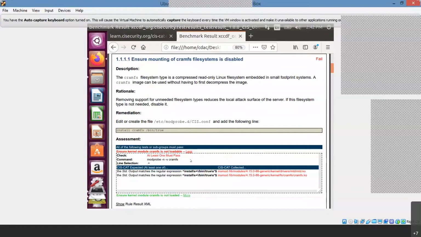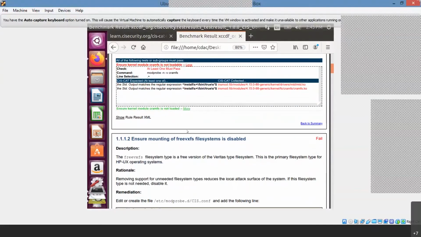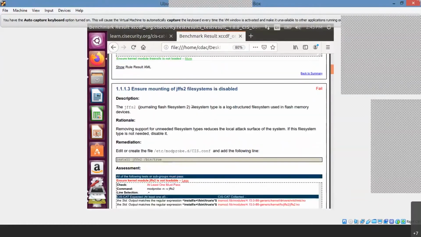But in my case, it has given an error. Suppose if you want to do, you are also given recommendations here, how to enable and what kind of line you have to do, install the CRAMFS file system, and it will add it to your file systems. Okay. So then this mounting of file systems, you can skip this part.